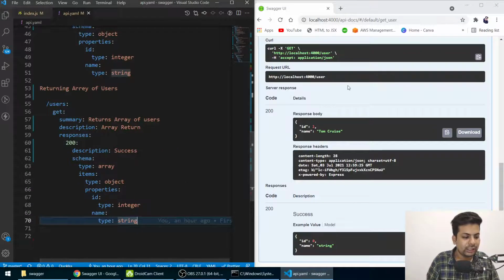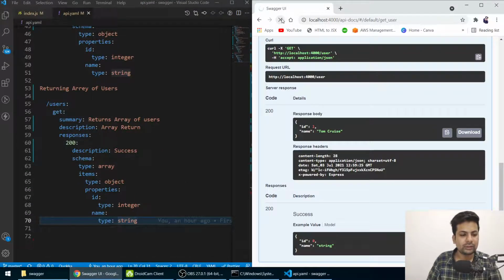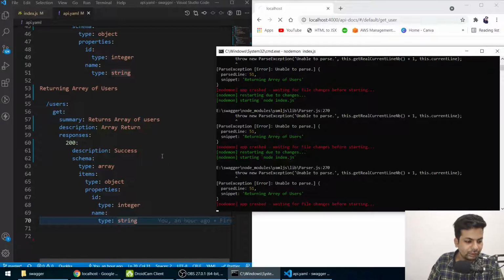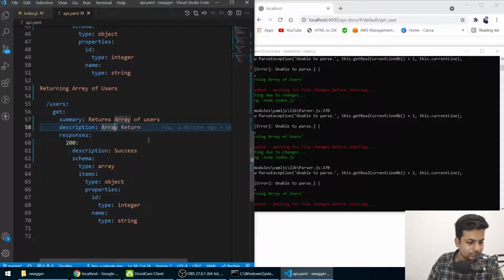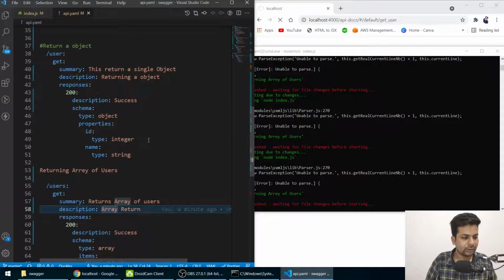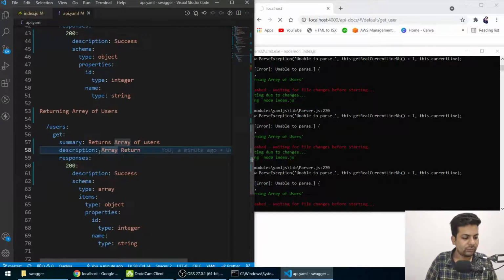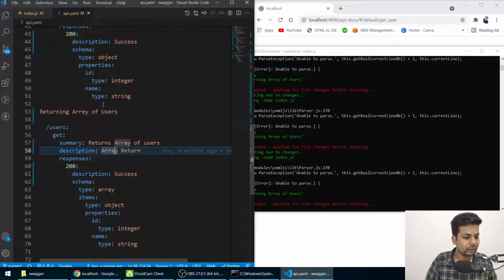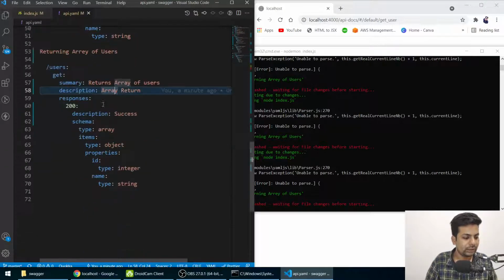If I go here and reload this, okay, there's some indentation error. Summary, description, responses, schema, users, get, summary. Everything is looking fine to me. Description, schema, type, properties, items.